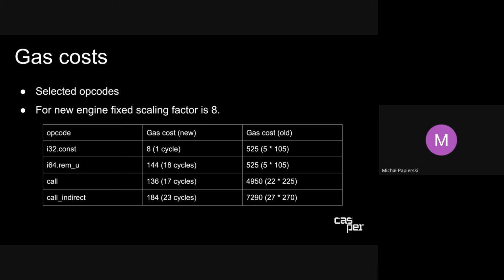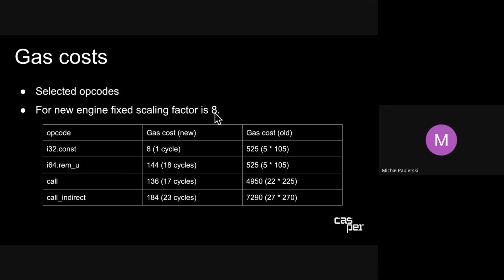The results I got from the benchmark were just different. I couldn't really apply the same methodology, as you can see on the right side. We have opcode multipliers, which could capture some overhead of the gas metering and other modifications we do to the WASM. On the other side, you have new costs, which are more predictable, I would say. On the right side you actually have cycles times the multiplier, right? So on the new engine side, I had to choose